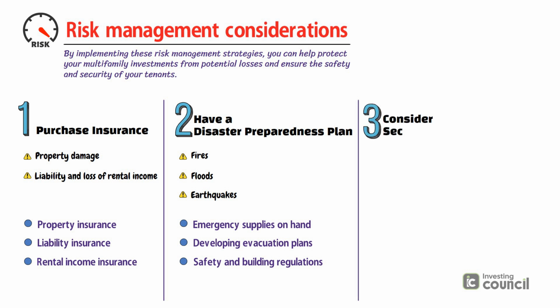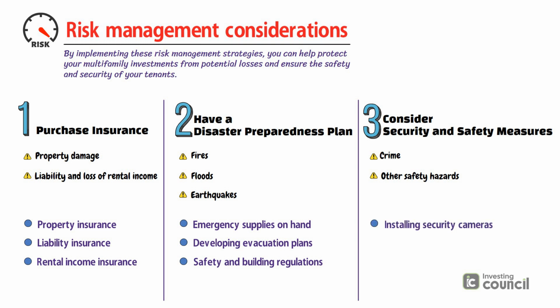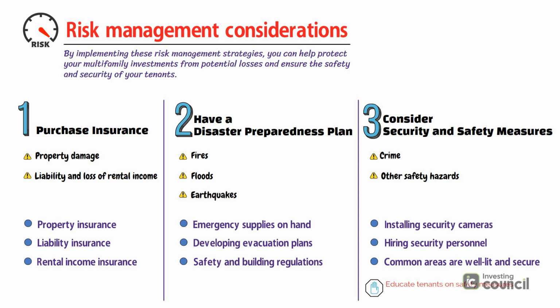Number 3. Consider security and safety measures. Security and safety measures can help reduce the risk of crime and other safety hazards at multifamily properties. This can include installing security cameras, hiring security personnel, and ensuring that common areas are well lit and secure. It's also important to educate tenants on safety measures and to have emergency response plans in place. It's important to regularly review and update these strategies to ensure they remain effective in the face of changing risks